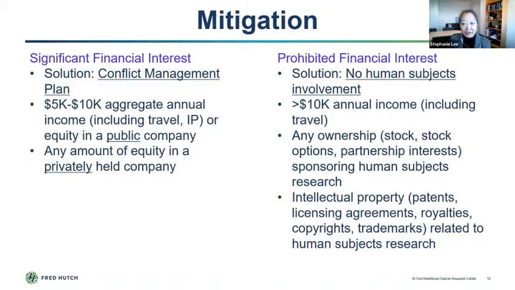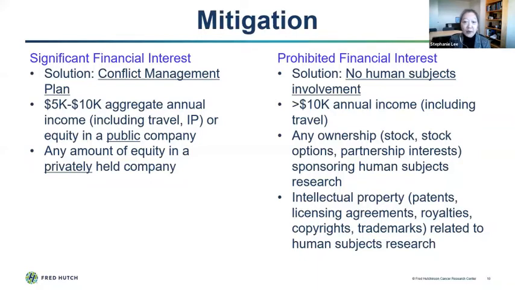If you have any ownership, so that's stock options, partnership interests in the company that's sponsoring the human subjects research, or if you have IP, which includes patents, licensing agreements, royalties, copyrights, or trademarks. In all of these circumstances, you're really not supposed to have any human subjects involvement, which means being the PI or the co-PI of a protocol, or even consenting and treating or determining endpoints on patients who are on research